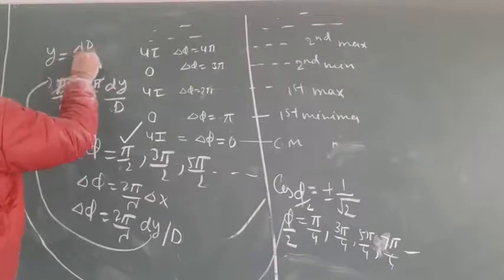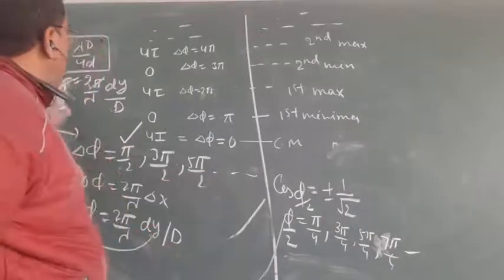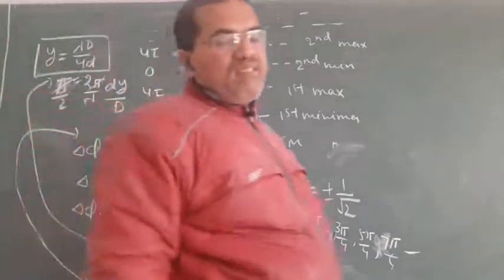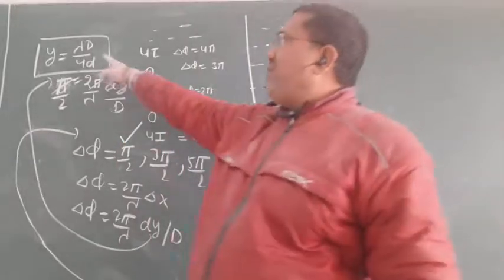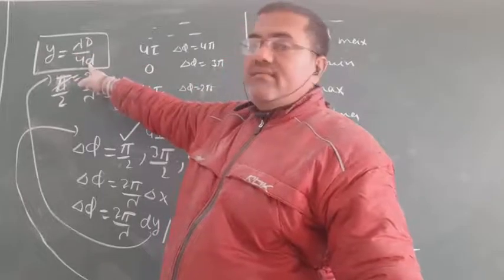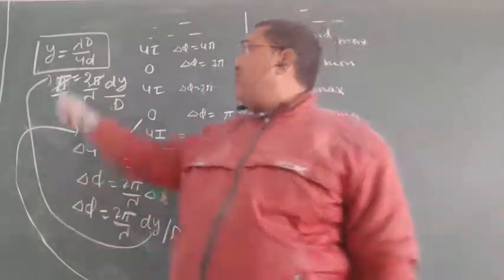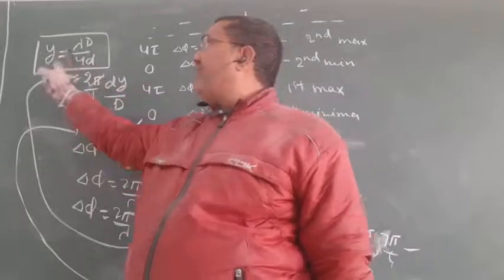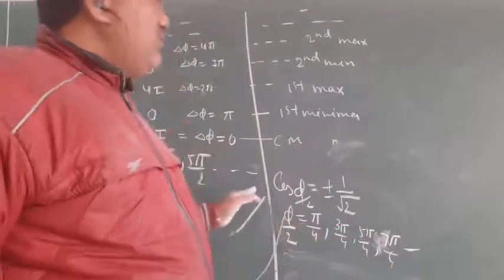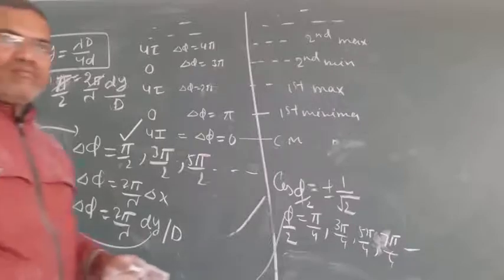D lambda by 4d. So from the central maxima, this is the position where we get 50% intensity of maximum intensity. We have given capital D, which is the screen distance from the slits, and small d is the distance between the two slits, and lambda is the wavelength of the sources. So these quantities are given, so you can find the position where 50% of the maximum intensity is found. So this is the question. Write it down. Very important question.